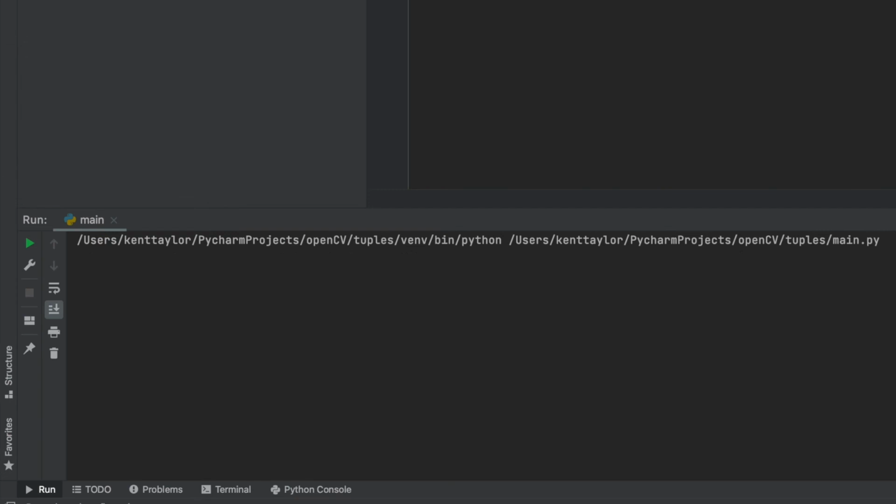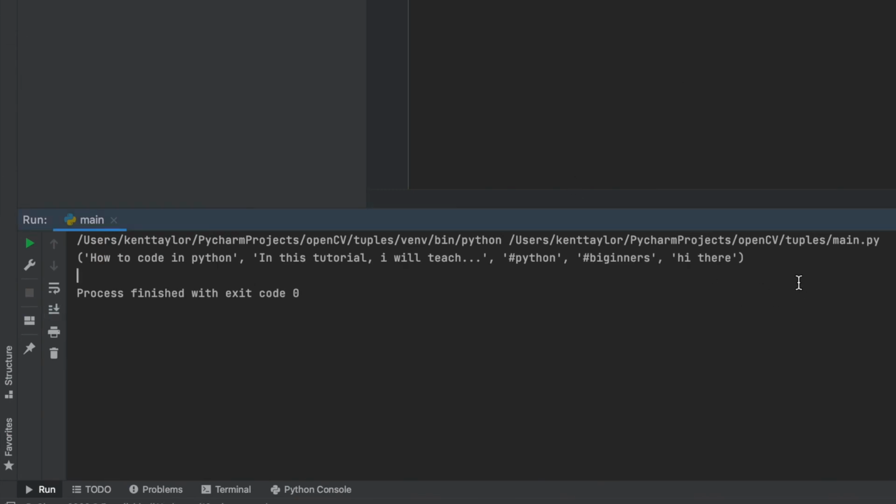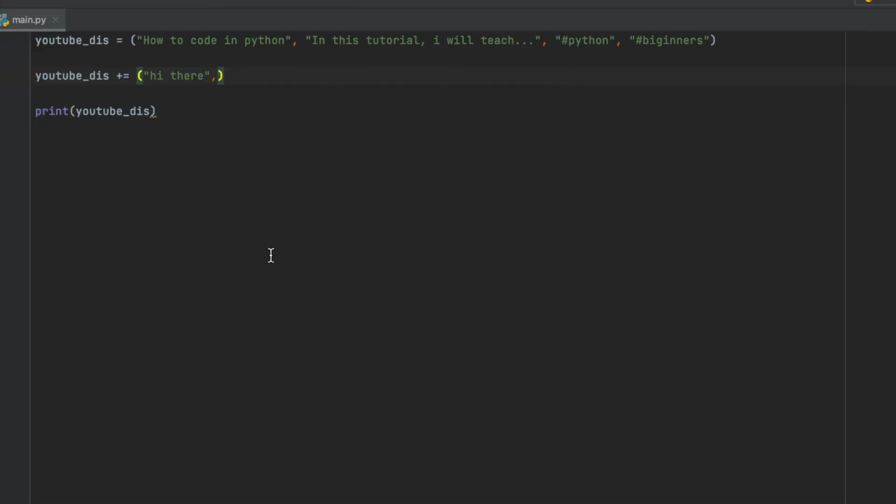Okay, and that should work just the same. It does. Perfect. Now, what if I want to remove an item? Well, we tried to do YouTube description.remove, and it didn't work because that was only for the list, right? And so this one's kind of tricky. It's not a very common thing to do, mostly because it's a little bit messy, and we want to use the Zen of Python.